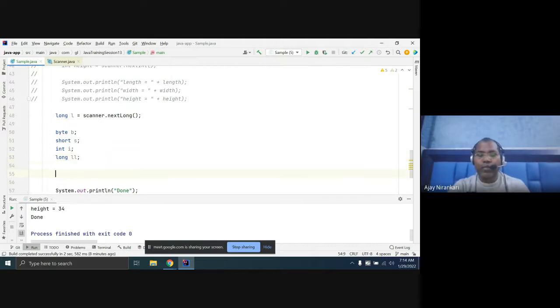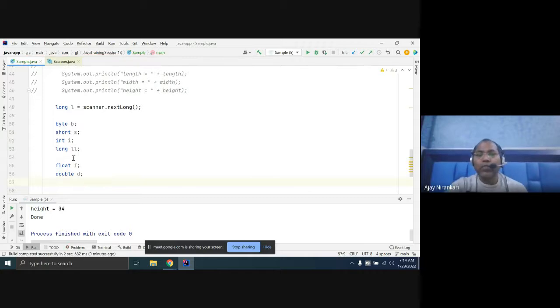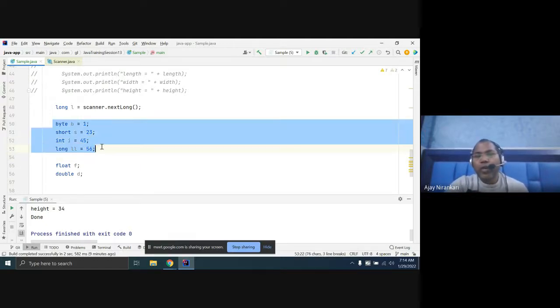Similarly, for floating numbers, we have float and double, for decimal numbers you can say. Here you can assign any value. But for storing only integer values, we have four data types.